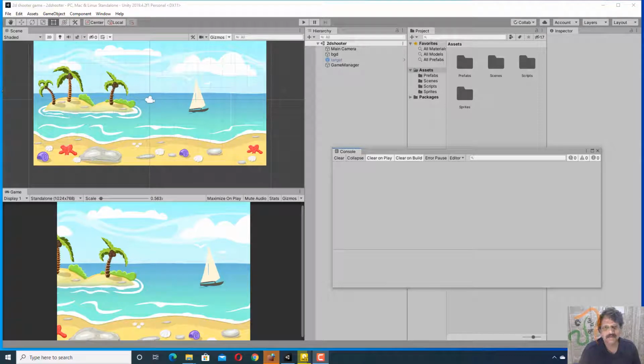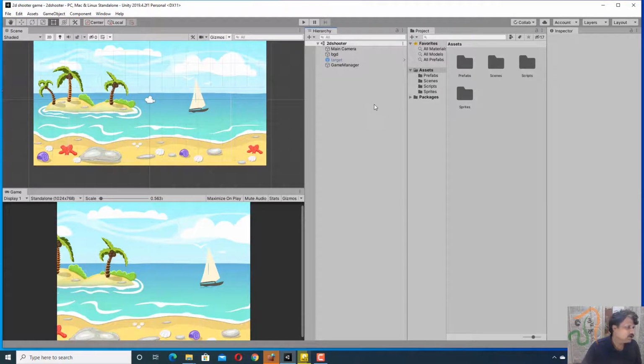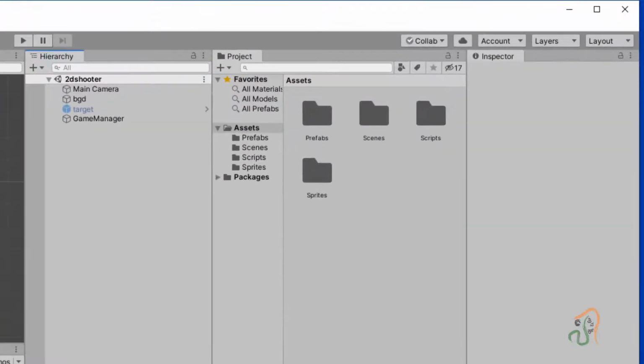Welcome back. Now we are able to see the score on the console, and we now want this score to appear in the game as a scoreboard. So we want to create a scoreboard so that the player can see the score on the screen. To do it, come back to Unity here, and in Unity we are going to add a user interface, that is a text user interface.